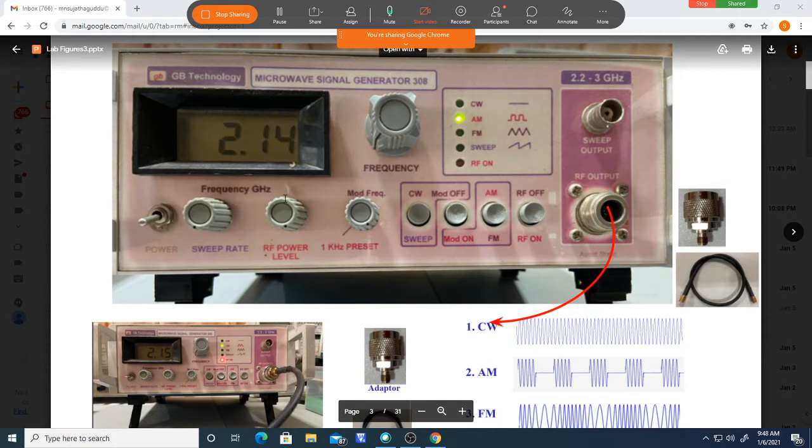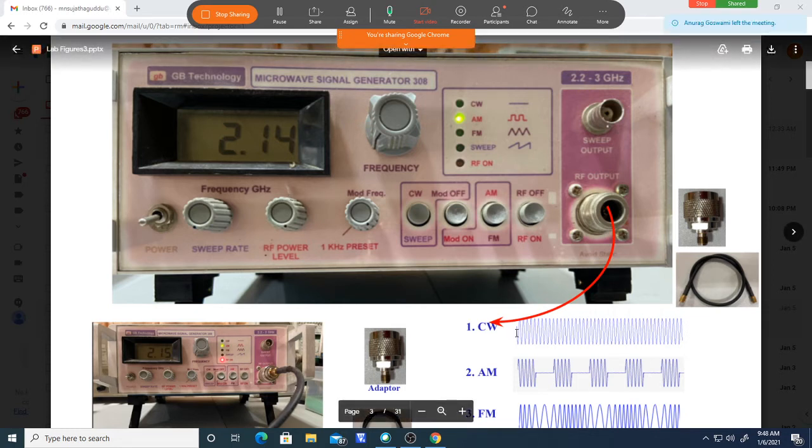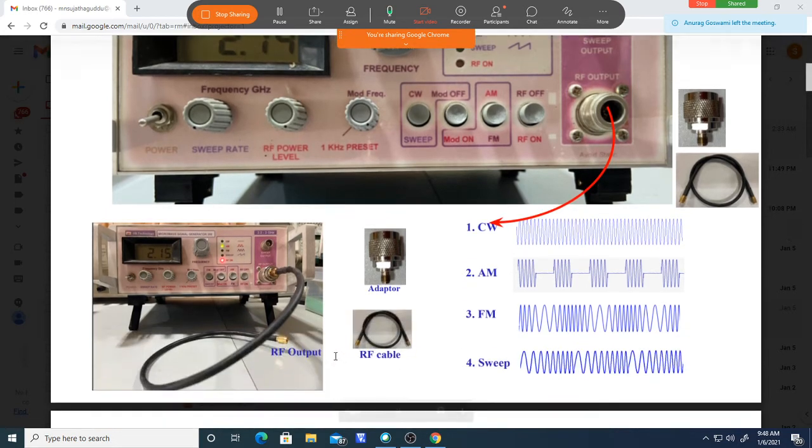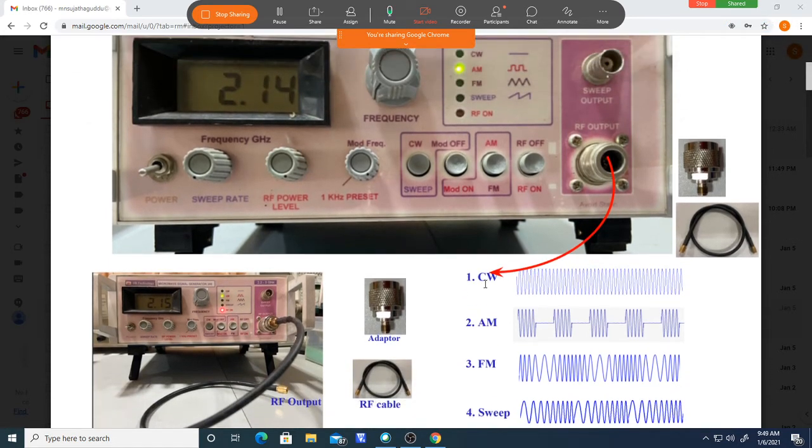You should move it in the clockwise direction. Starting from here, you move it in the clockwise direction like this. Okay, you can rotate it, slowly, a small amount. You can observe the power increases coming out of this. You can measure the power here. You can observe the power increases.